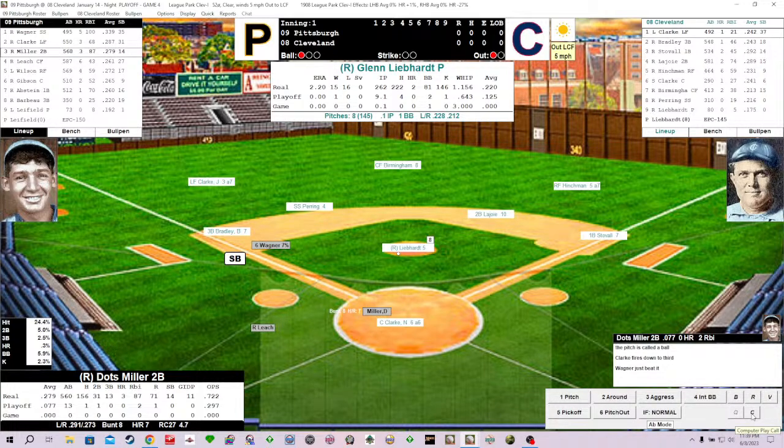Hannes Wagner aggressive here. So Wagner draws the walk. And Wagner gets all the way to third. How about that? So Wagner was sacrificed to second by Fred Clark and steals third. So Pittsburgh looking at its first run just 90 feet away as Dots Miller back in the box, and the